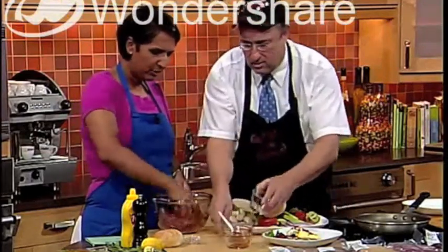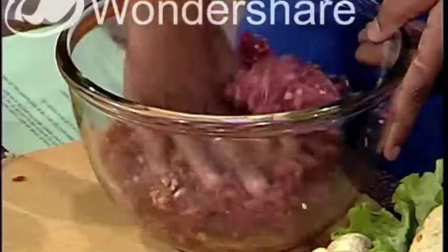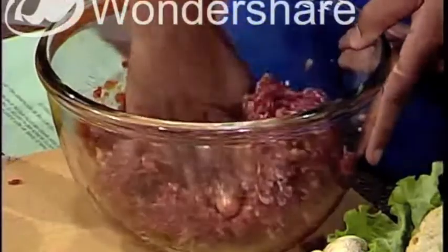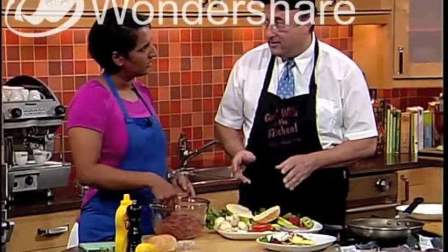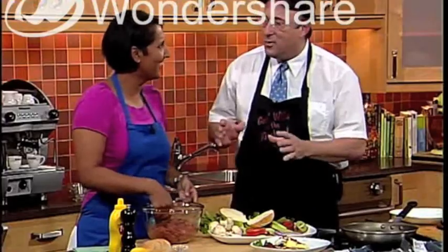I've never put relish in my hamburger before. Oh, well, it's something we've always done. That looks good. But what it does is add some moisture, because when you're cooking with game, a game burger is going to be typically drier. Now, we could have added some wild boar fat or even an organic pork fat, just to make it more moist. Why would we do that? Because when you're cooking the patty...